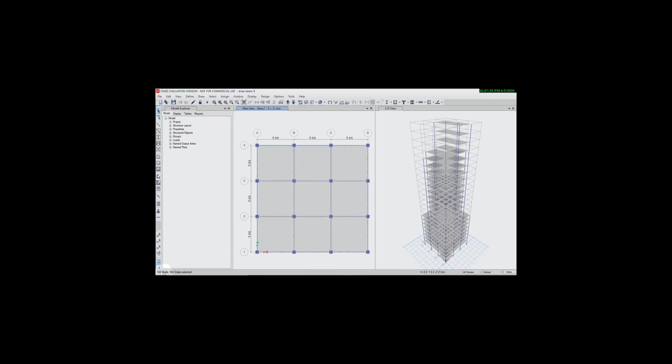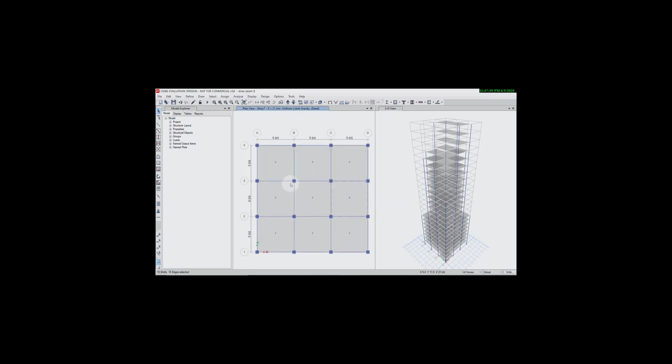Here we can see that 148 shell and 592 edges have been selected, and now we have to give dead load. For that, go on assign, shell load, uniform, dead load, load 2 kN per meter square,